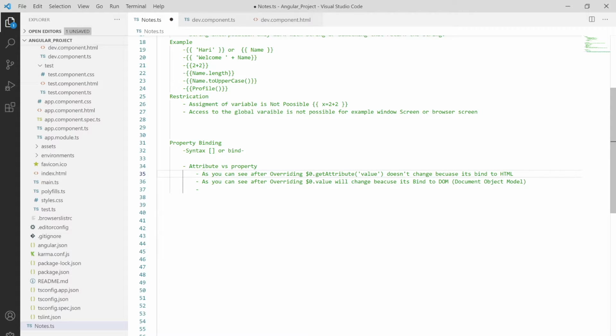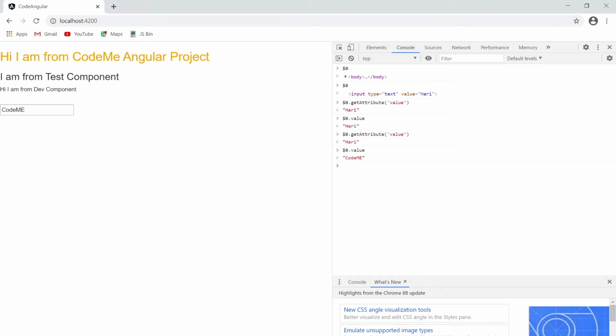After overriding, the getAttribute value will not change. Why? Because it's bound to HTML, or its attribute. Let me move to the browser, and in the console we have input, type text and value equal to Hari. So getAttribute will always be constant.